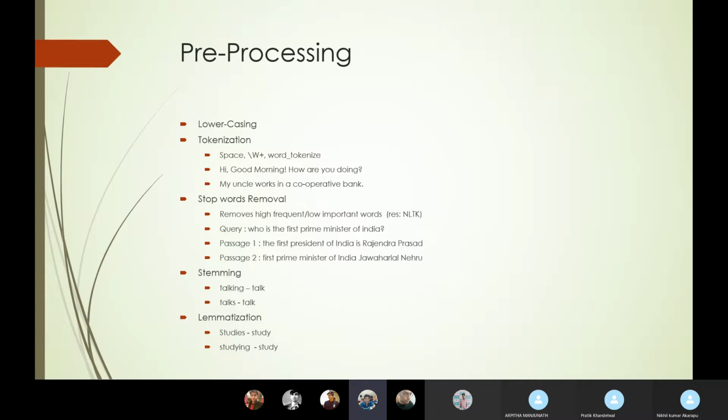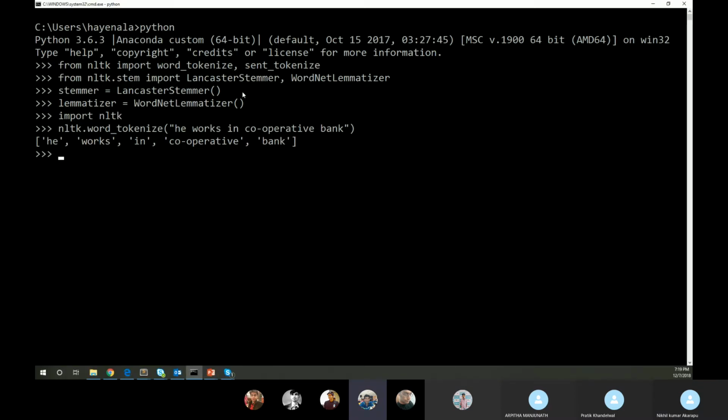So I can show you how that works also. I am using these two, stemmer and lemmatizer, here. So let's say we call stem dot stem of, so talk, it will be talk, this will be talks. This is how you can call the stemmer. And how do you call the lemmatizer? Lemmatizer dot lemmatize